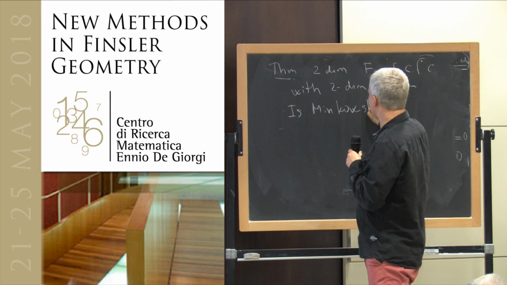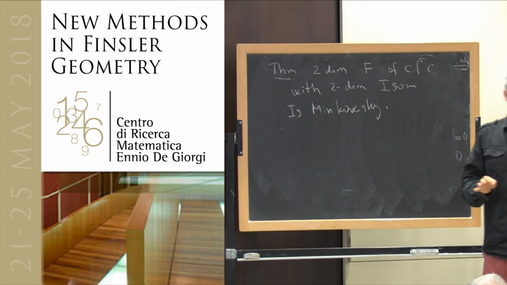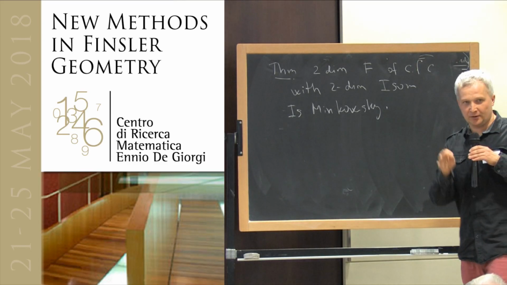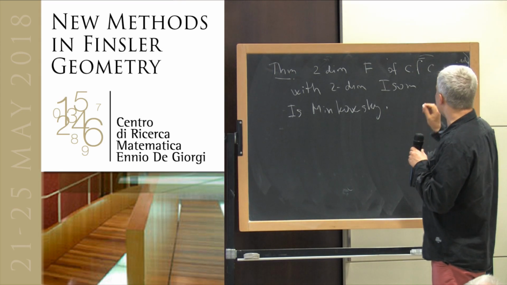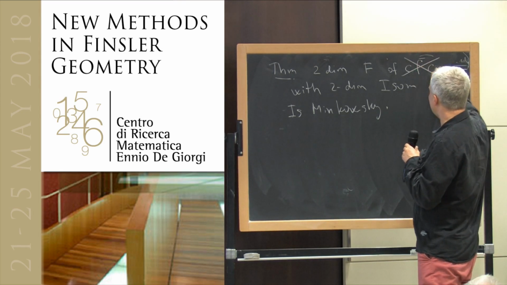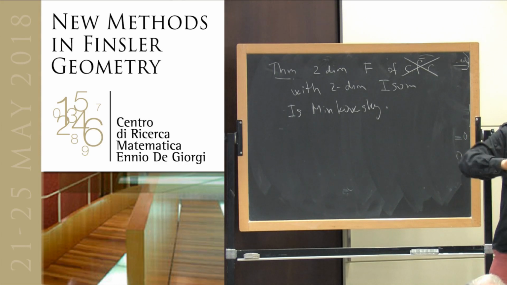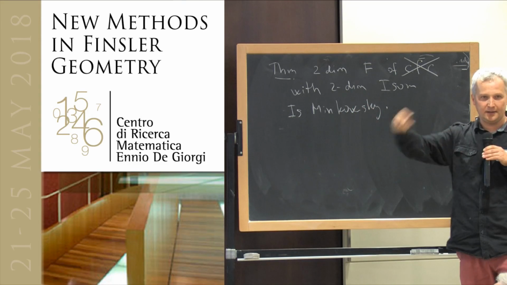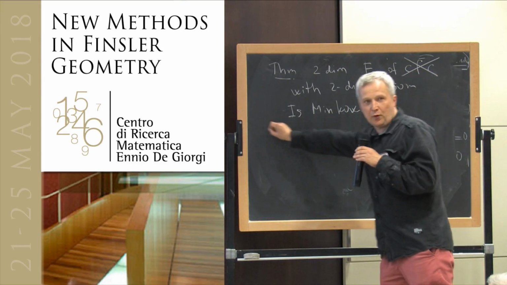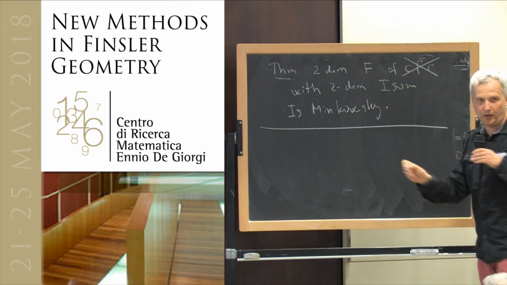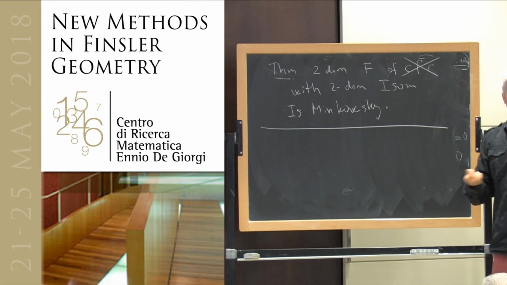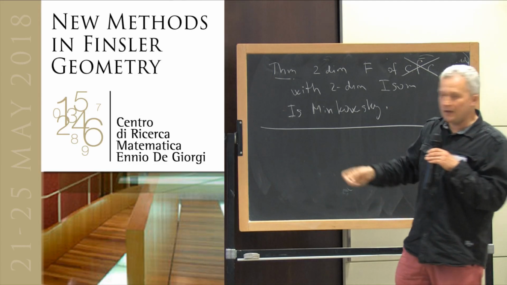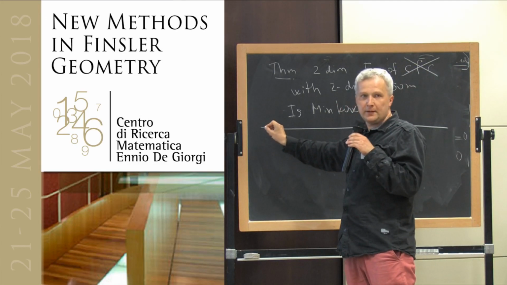Minkowski? Okay, two-dimensional. So it's one version of the result. What I would like to relate to the talk of Yuri is that this condition, constant flag curvature, is not necessary here. So it's still Minkowski, and it could be derived from the methods which were used in the talk of Yuri. Because in the case where we have a two-dimensional isometry group, then this two-dimensional isometry group is also an isometry group for the Binelli-Legendre metric.